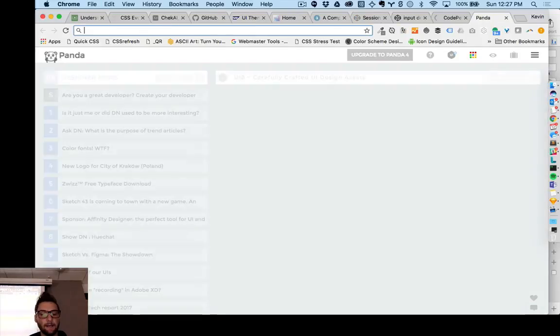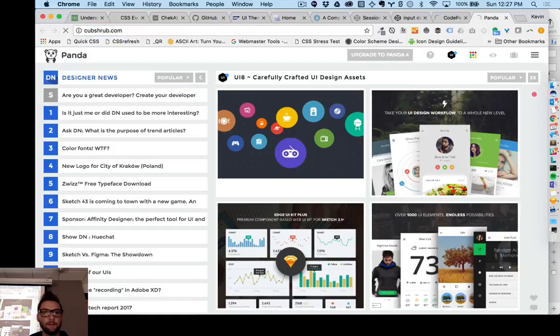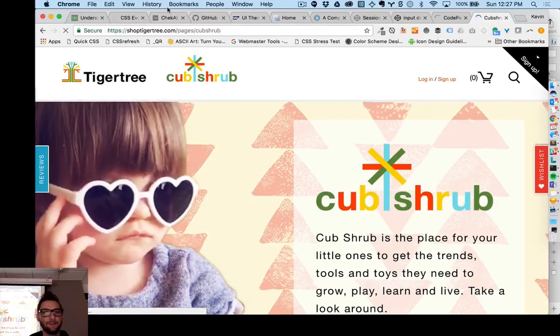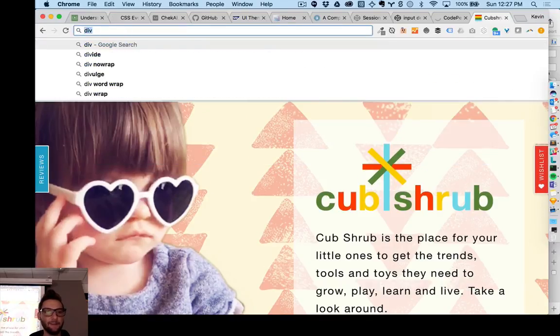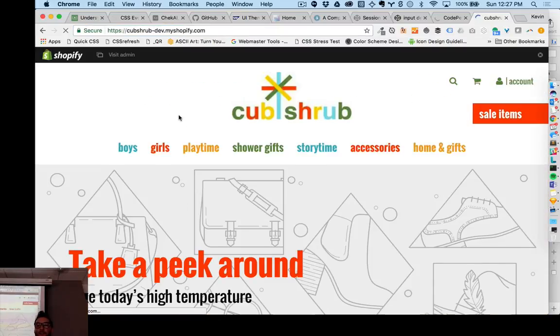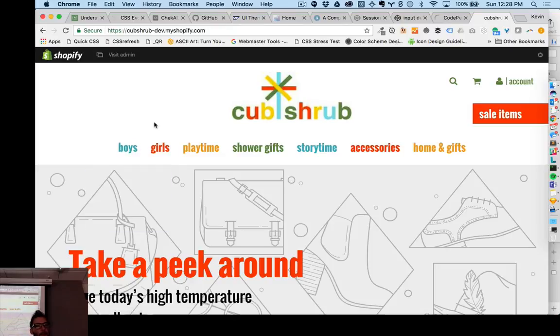So then if I look at Cub Shrub, which I hope is live right now. Oh, it's not. It's the old site. All right, so I know you got to get going, so I'm just going to open this really quick. But this will be launching soon, and you can see the navigation and the breakdowns of this, and even why this has more of the clear float type of look and feel, because it has the subnav inside of it, a lot of animations, and once we go smaller,